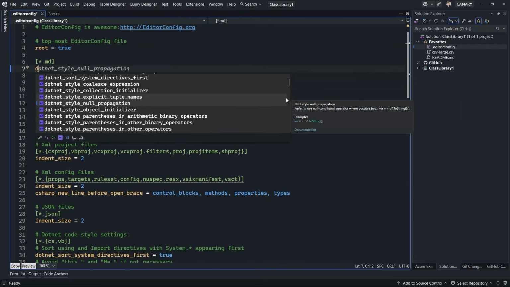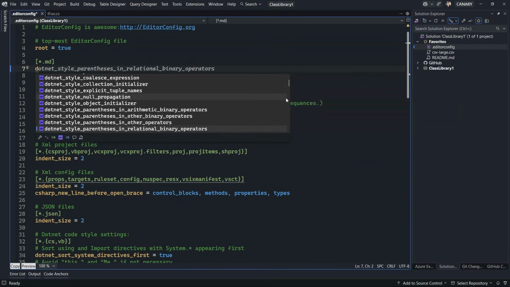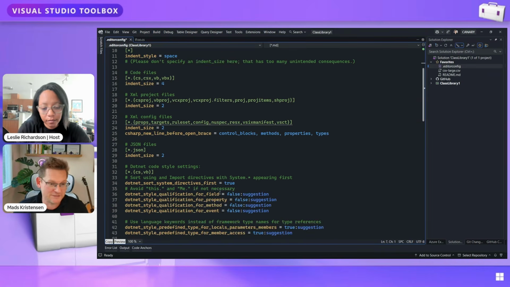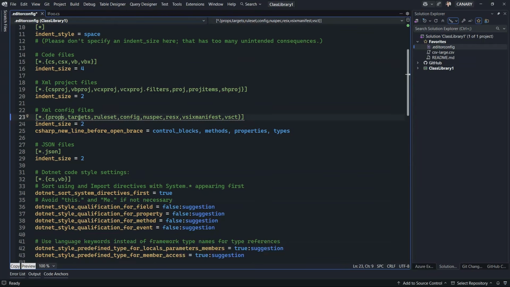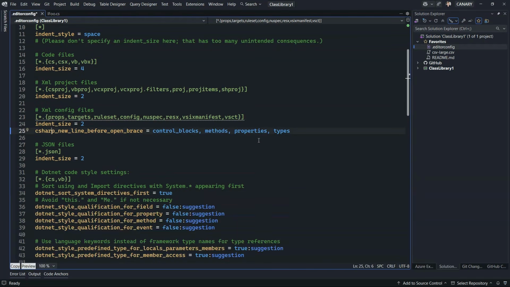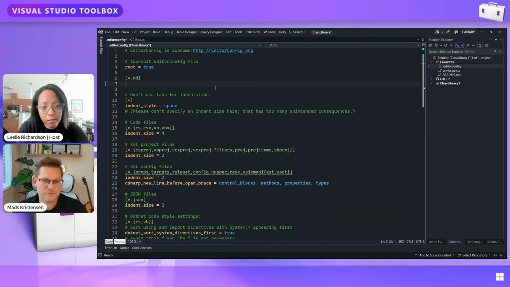And it's really nice. This even gives you links to documentation for each of these things. It gives you examples of what it looks like. It's a very rich editor for EditorConfig. It does all sorts of validation. For instance, here, this one says, for this particular project, I'm calling out these different things. But if we look in the error list here, it says this globbing pattern doesn't match any files. So it's even able to look through my folder and say, you have a rule here that doesn't apply anymore. You can delete it. So, it's pretty smart. This is probably the best solution going forward for people who use EditorConfig.